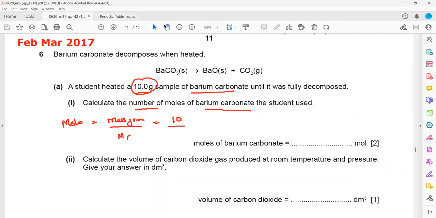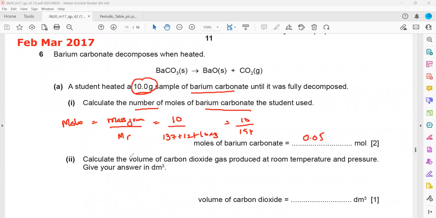So when we work out the moles, barium is 137 plus carbon is 12 plus oxygen 16 times 3. So it will be 10 divided by 197, which is 0.05. So we have 0.05 moles of